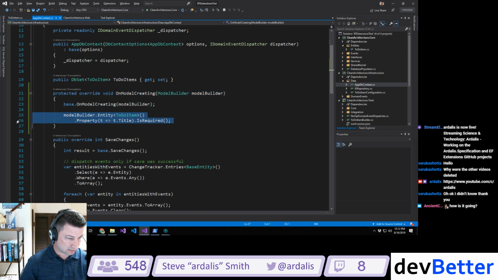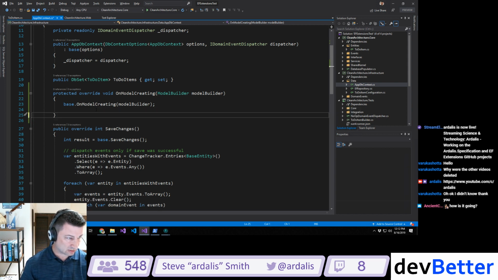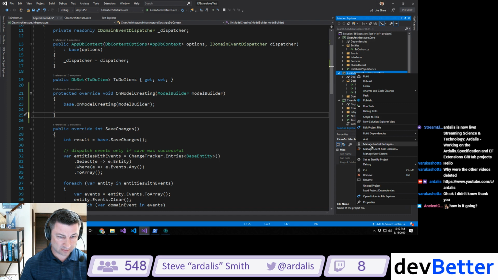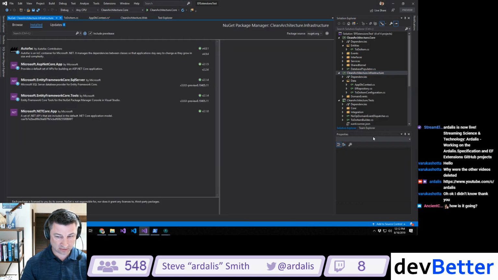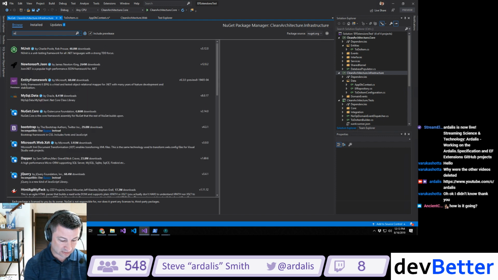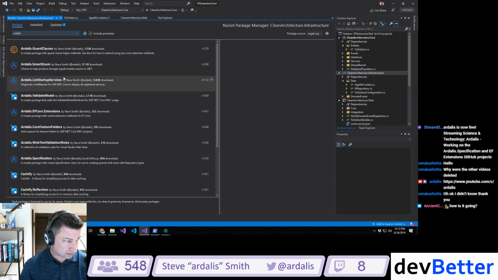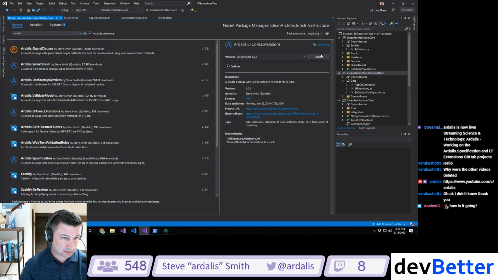Except that I want to use my extension method here. So my extension, once I pull in my thing, let's manage NuGet packages. Hey Ancient Coder, how's it going? We're going to browse for Ardalis. I'm going to pull in my EF core extensions, install it,